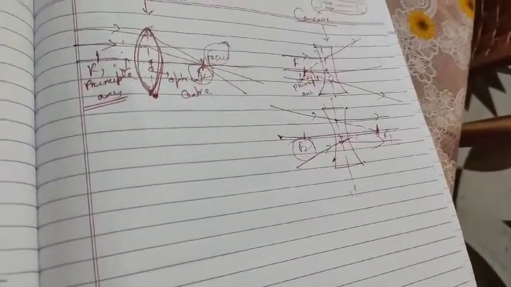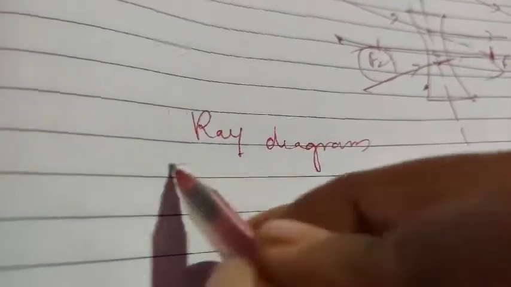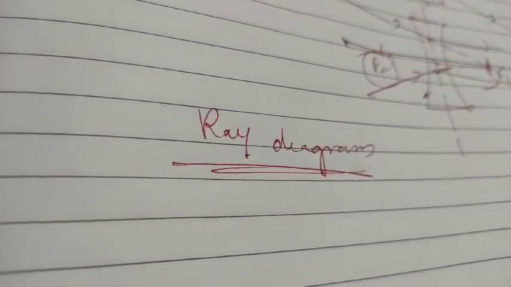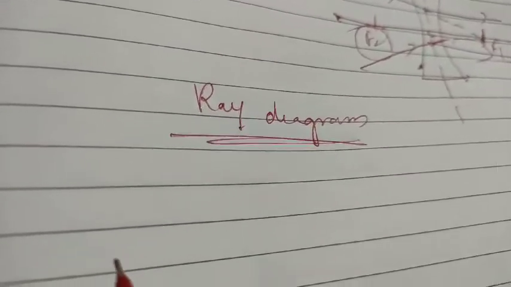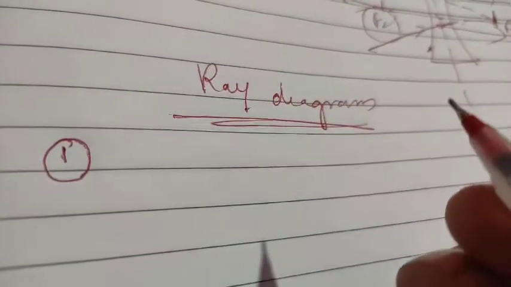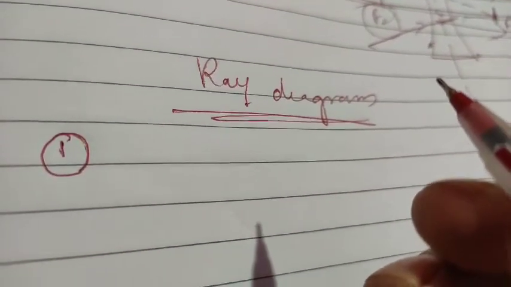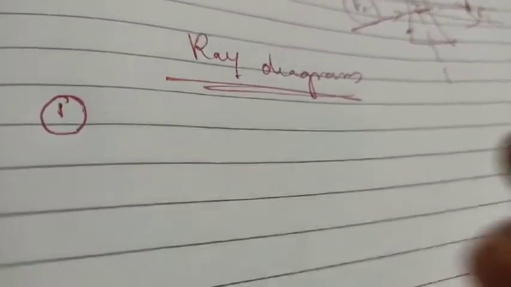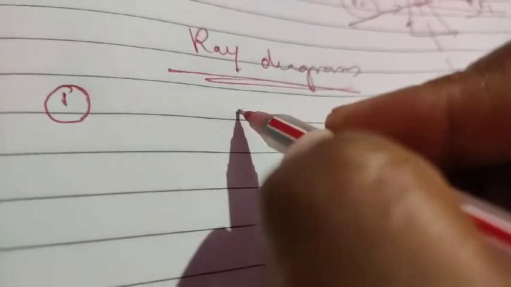Okay. Now we will move to the next topic, student, that is ray diagram. So first ray diagram I will move for the convex. First position I will tell you where I will put the incident ray and how we can get the images. Clear to you? So first thing you have to remember. If I am not wrong, I hope you understood the rules and regulations.